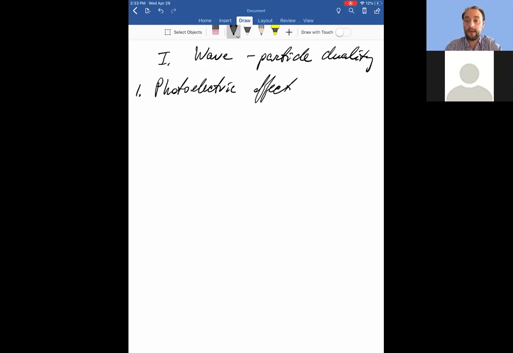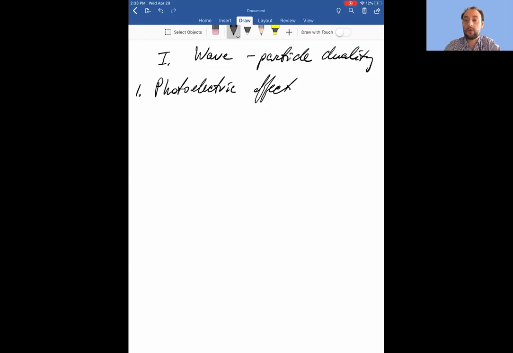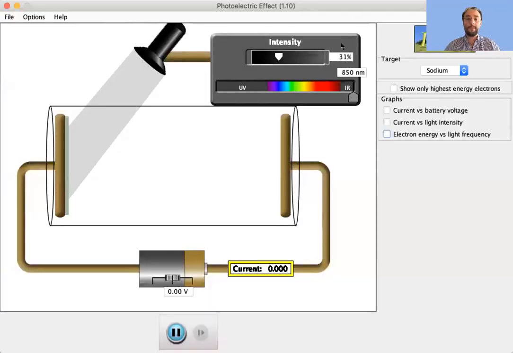So first of all, let me share the screen. I would like to show you the simulation of this. Okay, so I'm showing the simulation. By the way, I encourage you to go and try this out for yourself. You see right here, it says PhET, P-H-E-T. Just Google PhET simulations and then choose physics. Then go under quantum phenomena or something, quantum, and you will see this is called photoelectric effect.